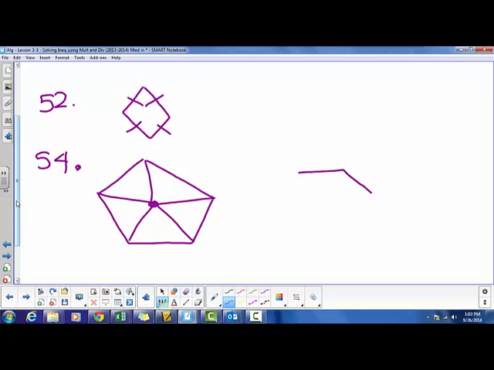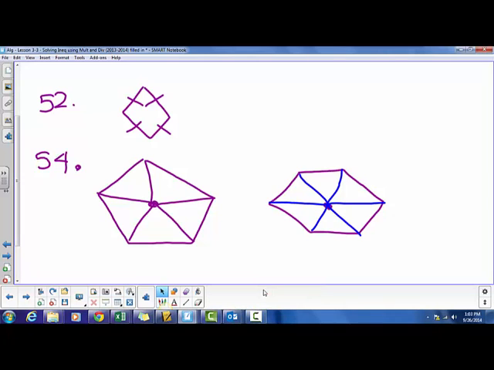I'm going to try to draw a hexagon and a pentagon for you. Okay, so I'm going to pick a point. We're trying to find the sum of the measures of the interior angles. Well, let's look at this. This is an interior angle, and this is an interior angle. All of these are interior angles. If you look, they're the bottoms or the base angles of my triangles. So if I counted my triangles, 1, 2, 3, 4, 5, 6, 180 times 6,